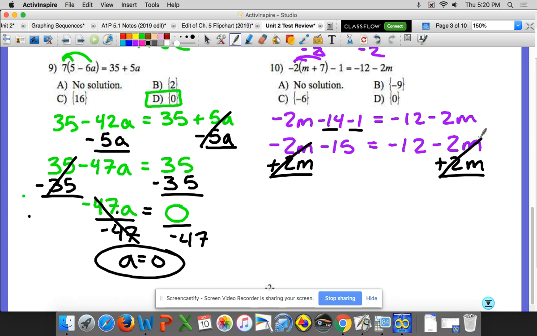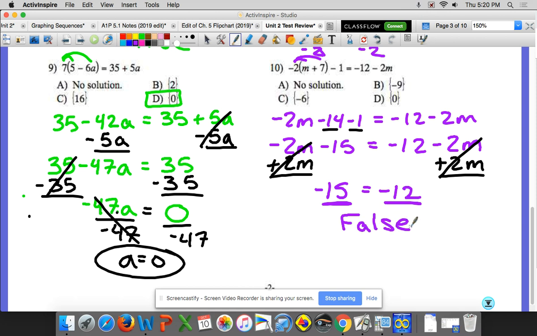And so that's the same thing as 0. So really what we have here is negative 15 comes down and negative 12 comes down. So once again, we have a statement, except this time it says negative 15 equals negative 12, and those are not the same numbers. That is not the same thing. So this would be a